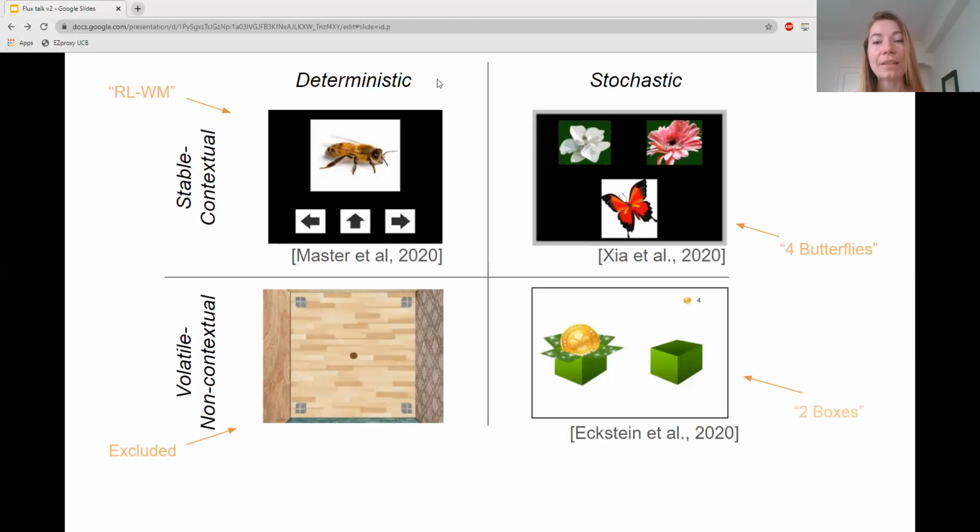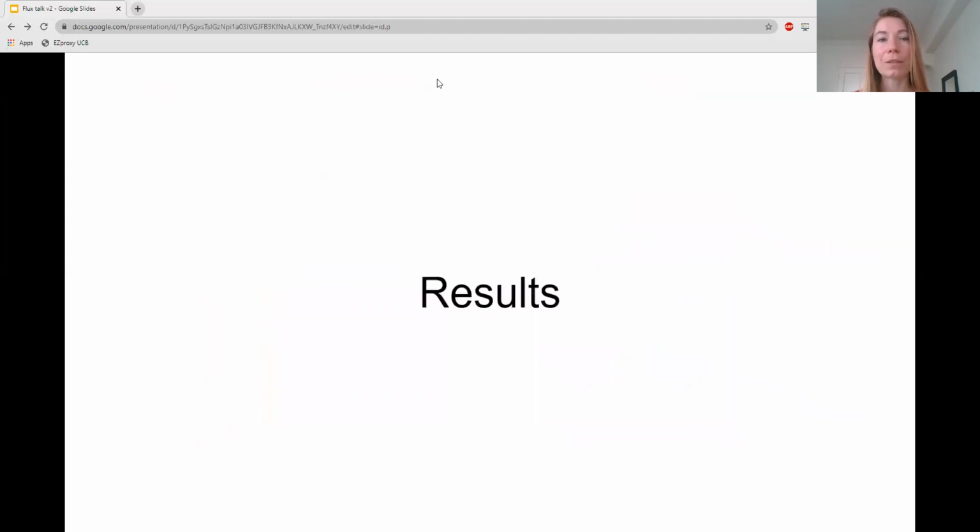In the volatile stochastic task, participants see 2 boxes and can open 1 on each trial with the goal of collecting gold coins. For some period of time, one box is correct and leads to a stochastic reward, while the other is unrewarded. Then the contingencies switch and the opposite box is correct, and this pattern repeats several times, making the task volatile. We previously found that adolescents severely outperform children and even young adults on this task, suggesting that adolescent brains are specifically adapted for stochastic and volatile environments.